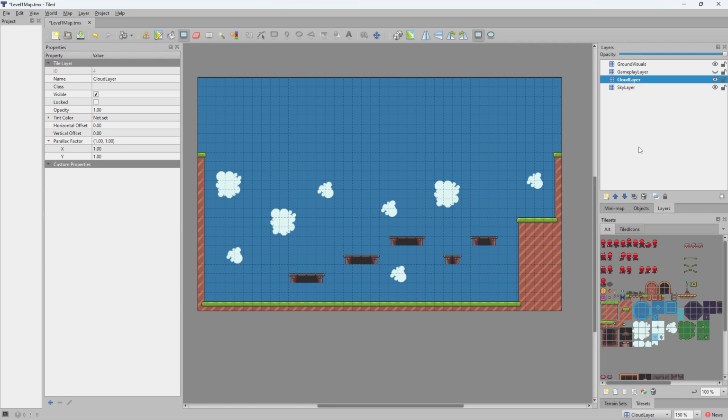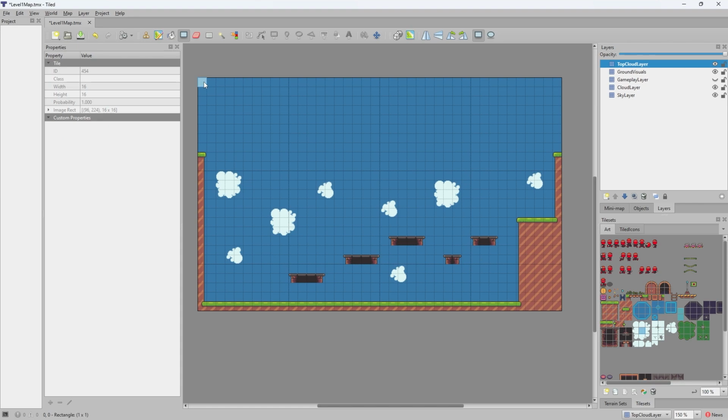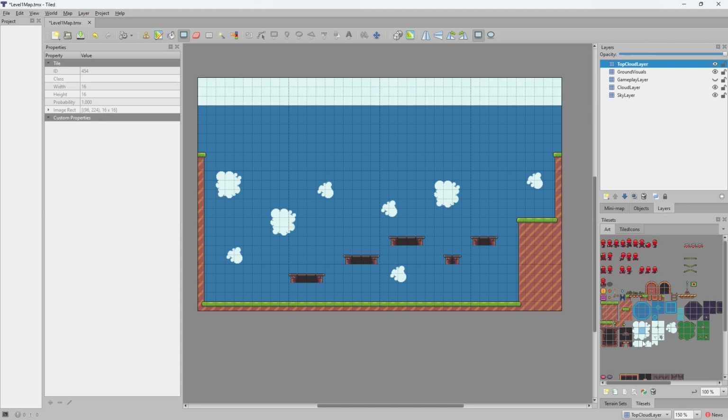This time, instead of adding clouds in the background, let's add clouds in front of the ground visuals. Create a new layer, move it above ground visuals, and let's call it top cloud layer. Draw a thick layer of cloud, maybe add some holes in it,